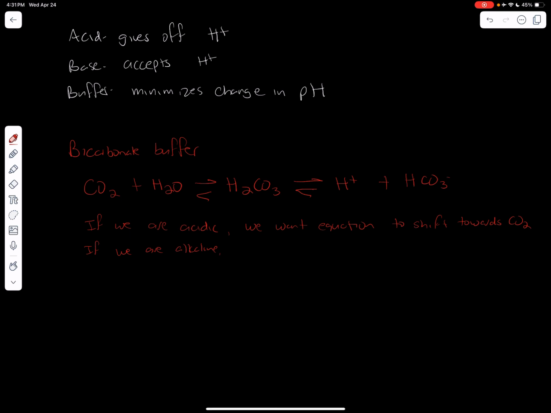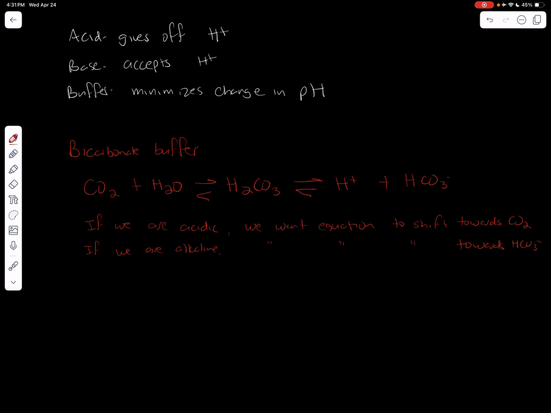However, if we're alkaline, we're going to shift this towards bicarbonate. Okay, and some of you are probably thinking, well, wait, bicarbonate is the base. Yes, it is, but what's happening is by shifting it towards bicarbonate, we are creating more hydrogen ion,